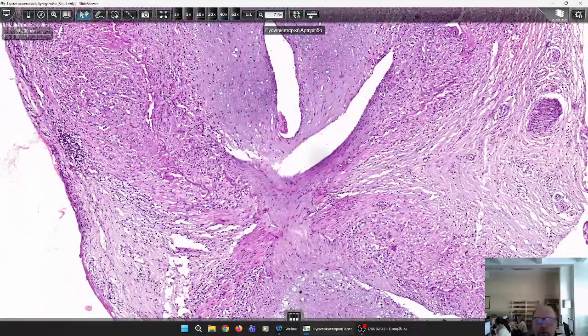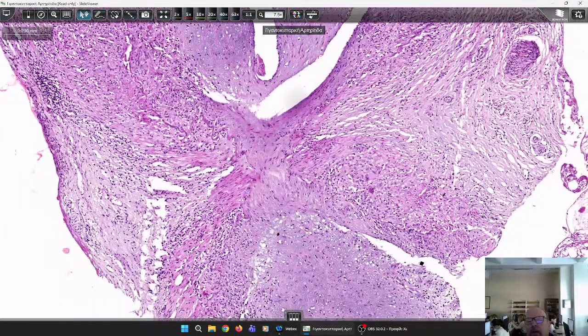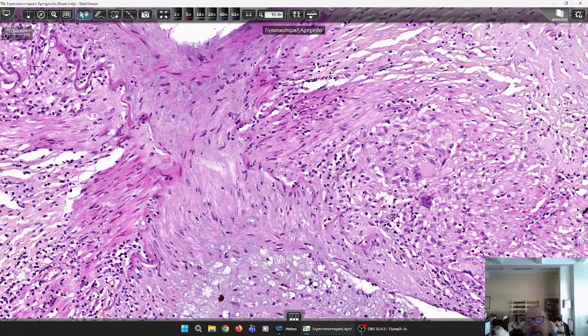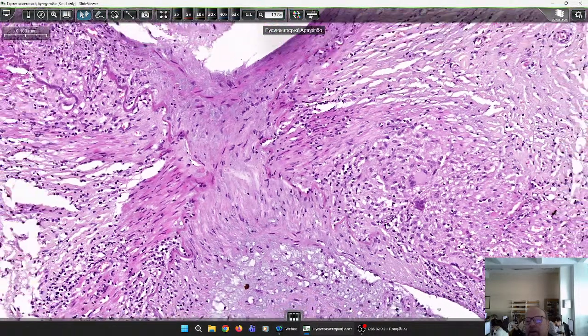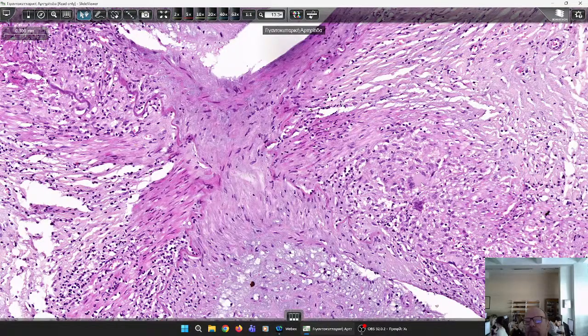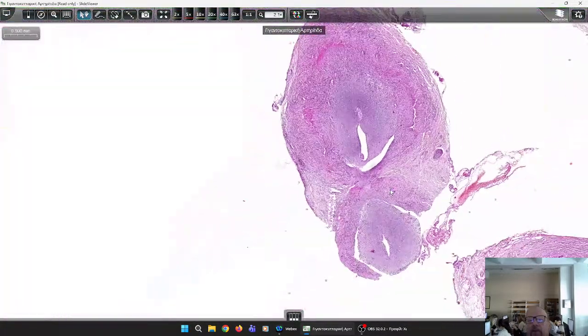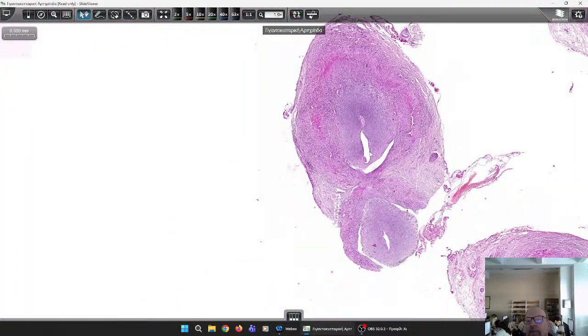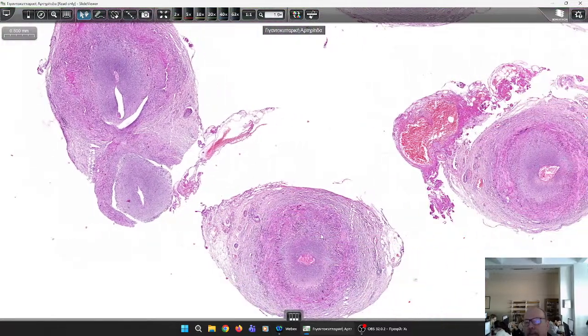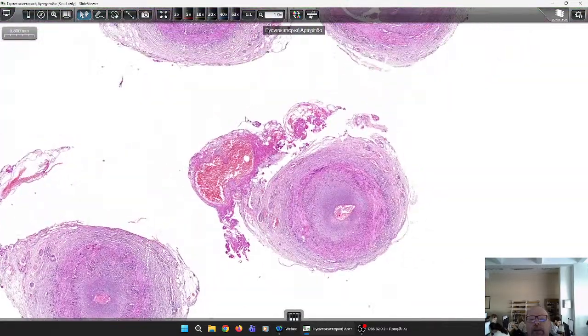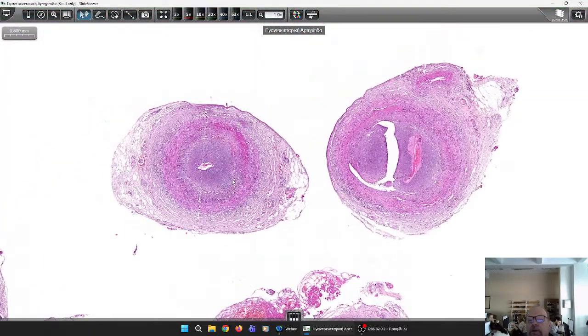For example, nodular polyarteritis causes infarcts. So have a look at the broken elastic lamina, the inflammatory cells, the giant cells, and the narrowing of the lumen. That's all in this slide of giant cell